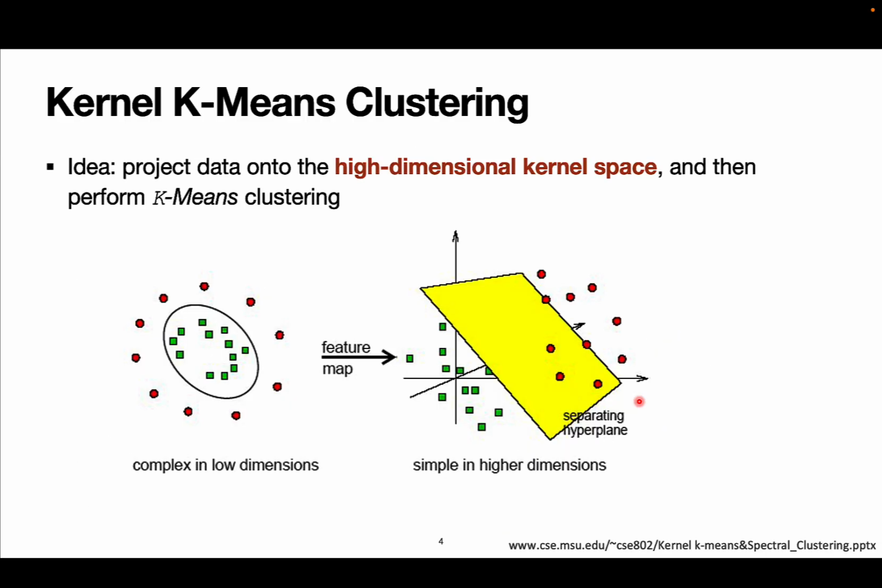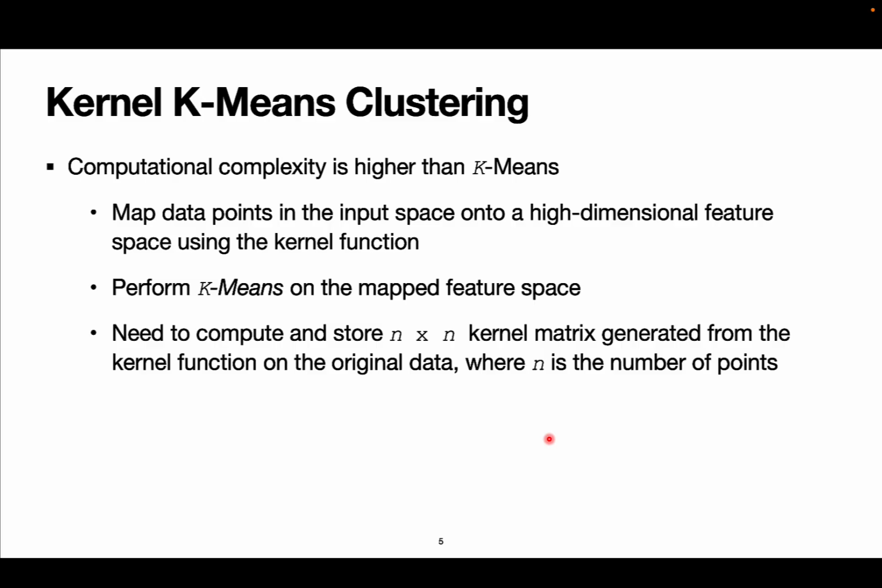The key idea behind kernel K-means is to project the data into a high-dimensional feature space using a kernel function, and then perform K-means clustering in that transformed space. This way, even if the clusters are non-convex in the original space, they may become linearly separable in the kernel space. The procedure is summarized as: map data points in the input space into a high-dimensional feature space using a